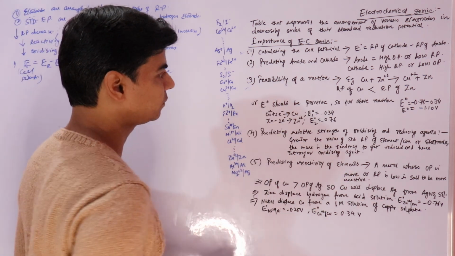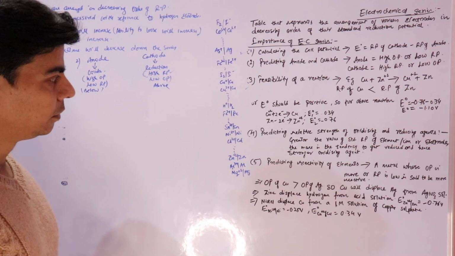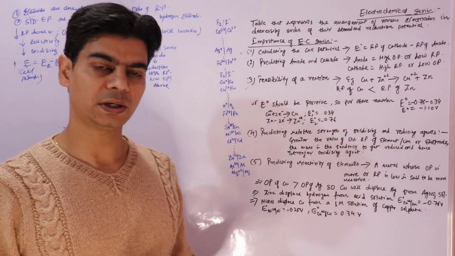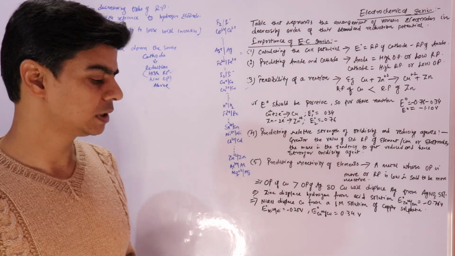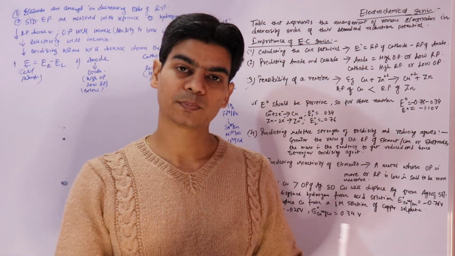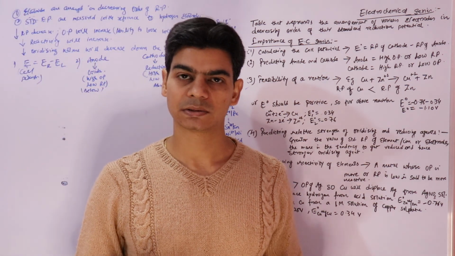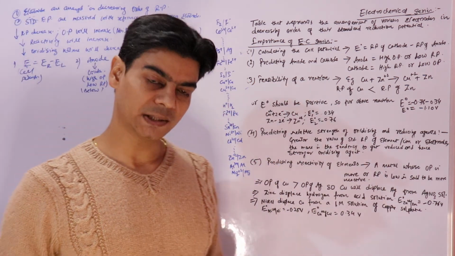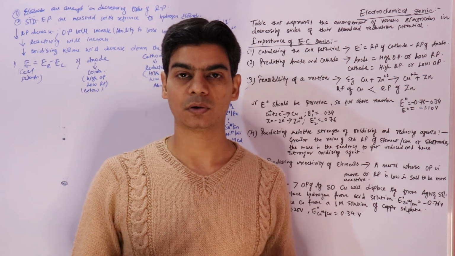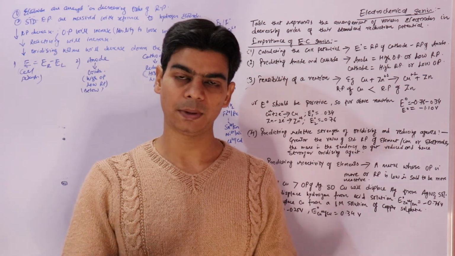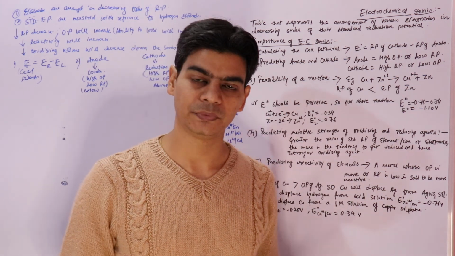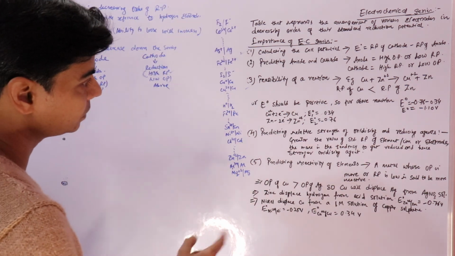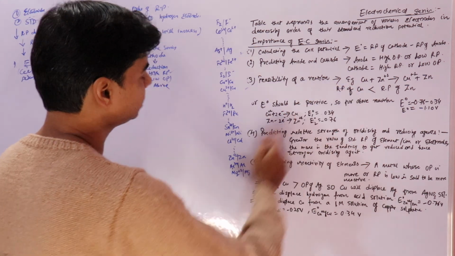Second is feasibility of the reaction. When we study electrochemical reactions, we study spontaneous reactions. By spontaneous reaction we mean a reaction that can take place on its own. We don't have to supply heat or energy in any form. They will occur by themselves, right? So let's take an example of this.